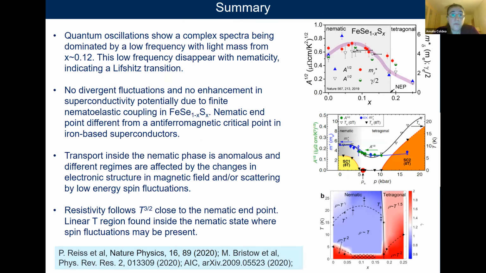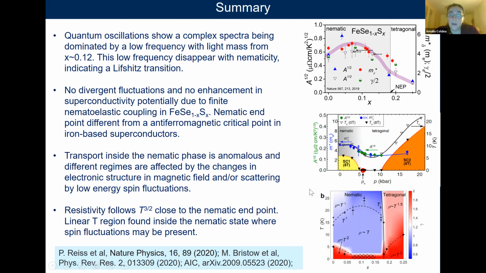And this is my summary. So quantum oscillations gave access to the Fermi surfaces and also to the quasi-particle masses. And in particular, we can follow very well the behavior of the hole bands as a function of chemical pressure and applied pressure, and search for evidence of divergent fluctuations in the vicinity of the nematic endpoint. We could not find any divergence. We can see smooth variation of quasi-particle effective mass in both cases,